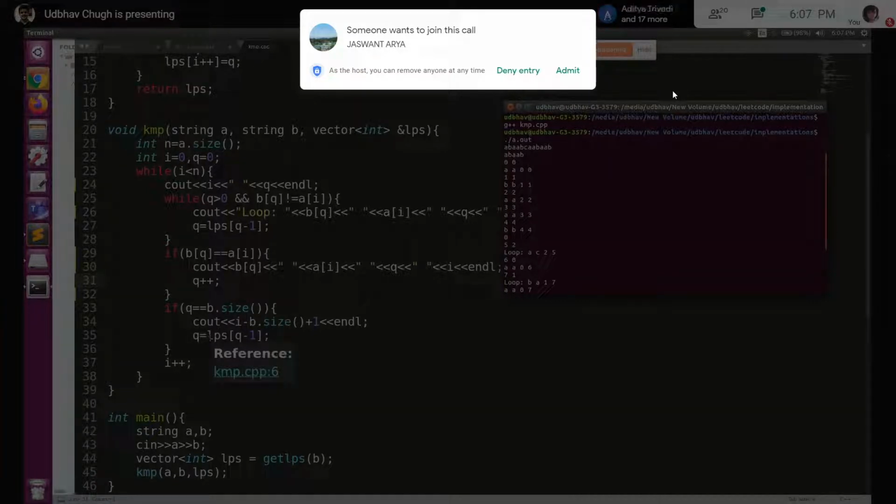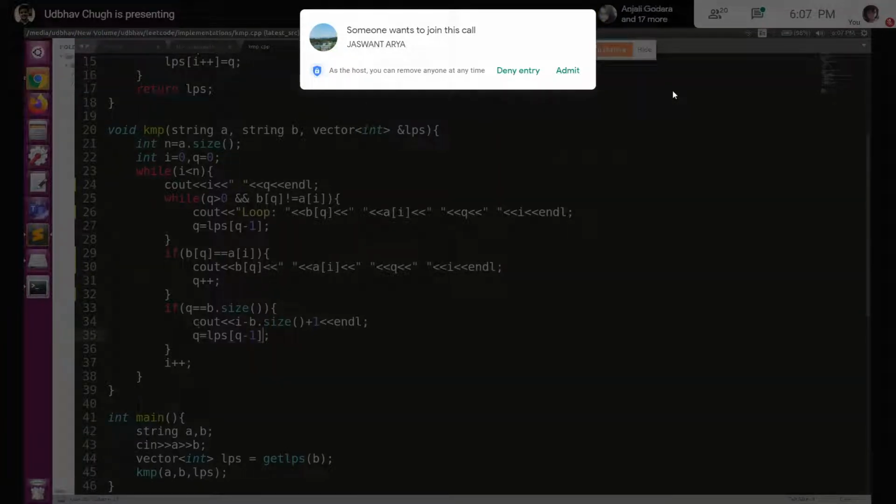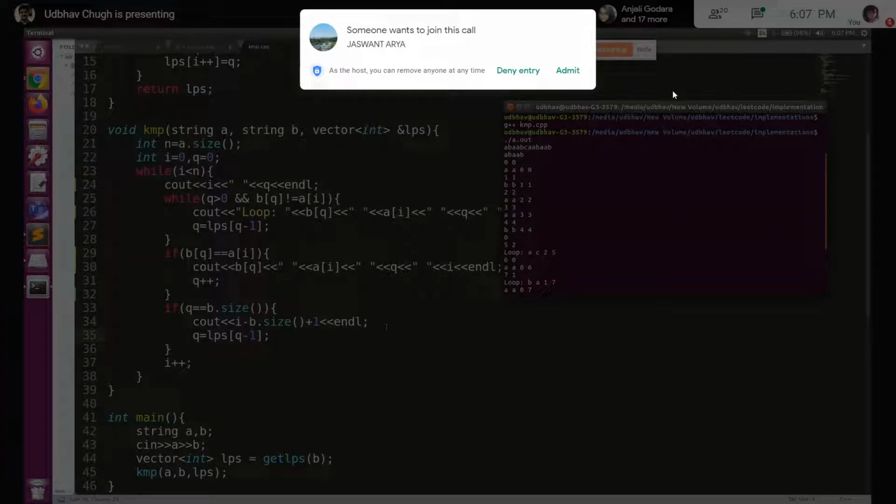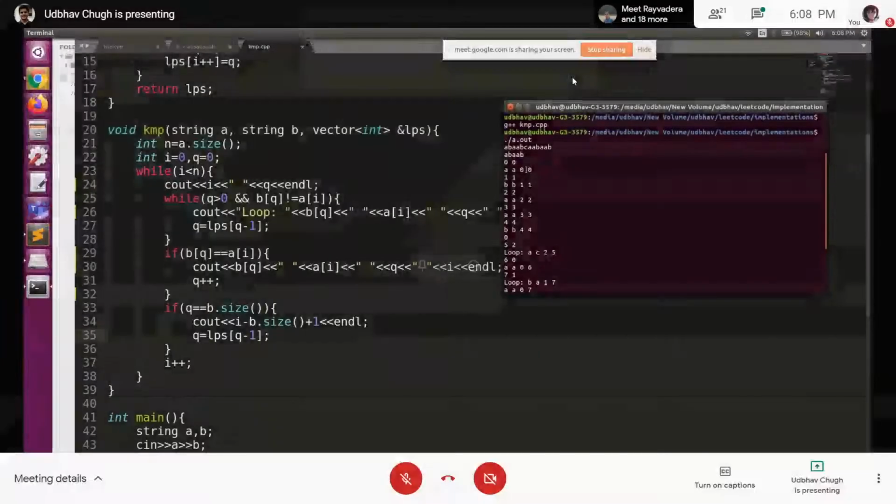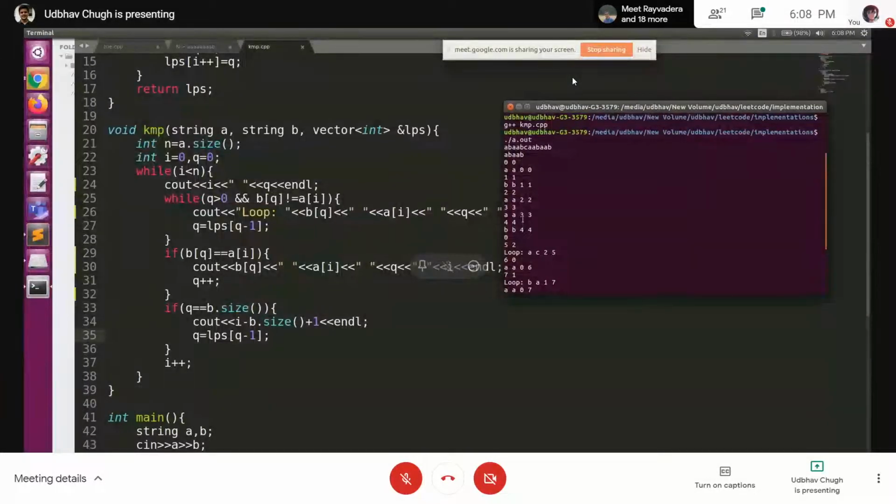Okay, so again, we don't need to recompute everything, right? So we follow a similar approach and we move back to the LPS of the previous index. How this is helping is that if the LPS of the previous index is, let's say, 5, so we know that the first 5 characters of the prefix are the same as the suffix. So we don't need to check those prefix characters since that suffix was already matching, right? We know that all these 5 characters, which are basically currently the suffix, are already matching. So we don't need to rematch them with the string, right?